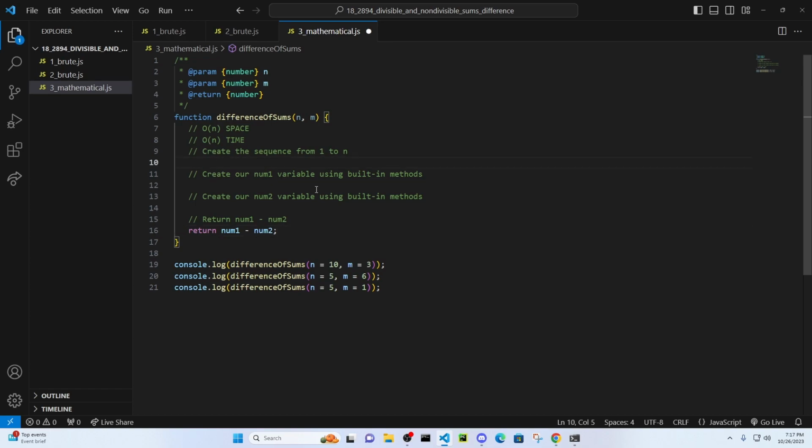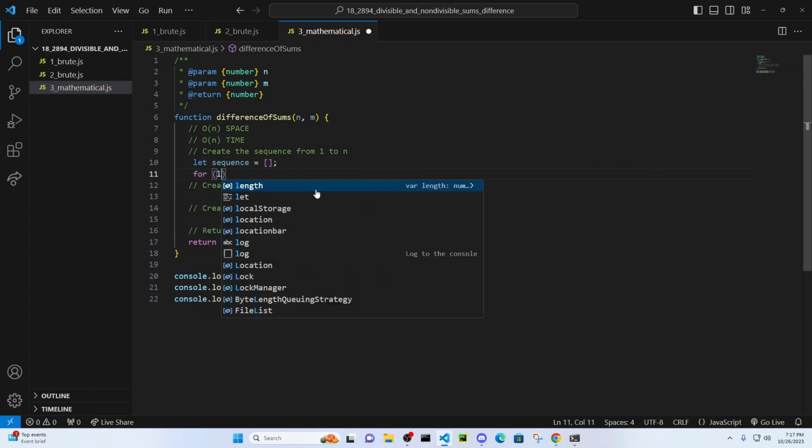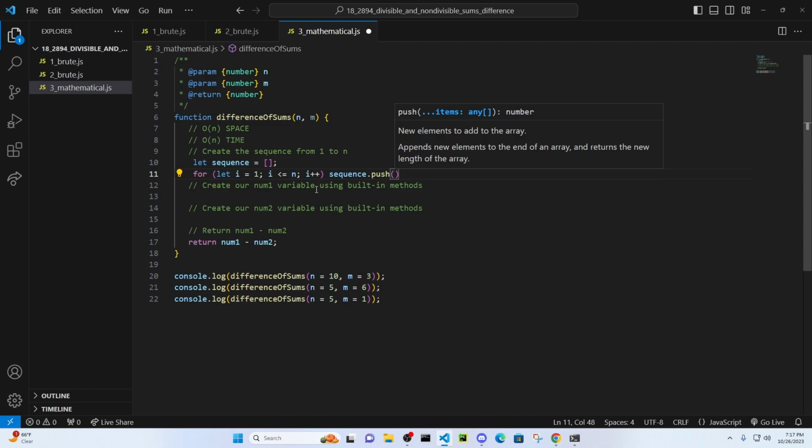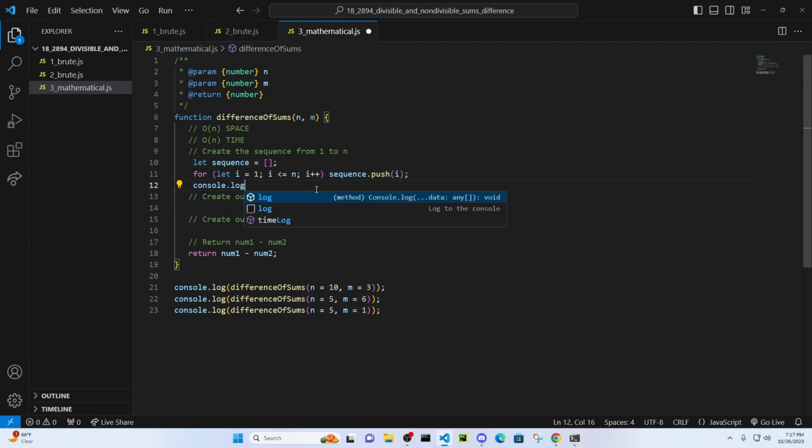And the way we're going to create the sequence is we're just going to say let sequence equals empty array, for let i equals 1. We're going to start with 1, go all the way to n, while i is less than or equal to n inclusive, i plus plus. And for each number up until n, we're just going to say sequence dot push i. Now if I go ahead and console out our sequence,